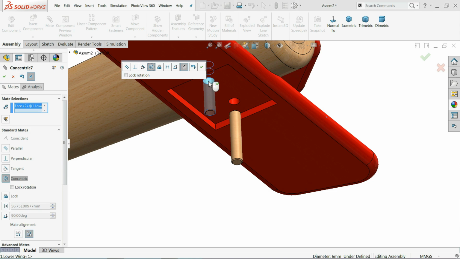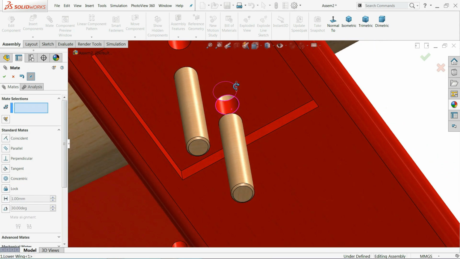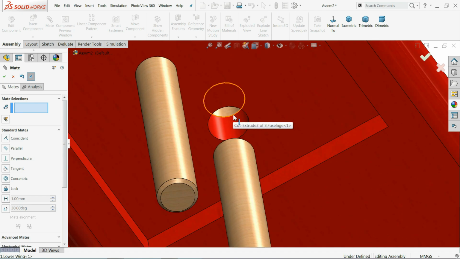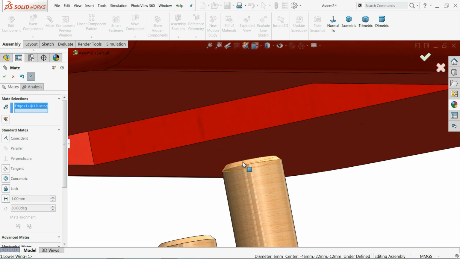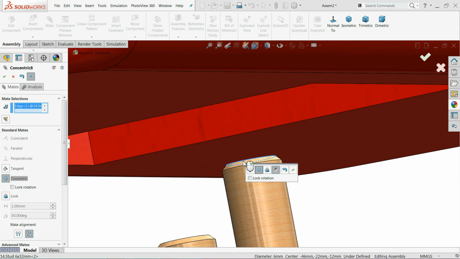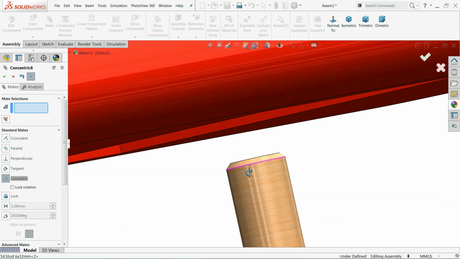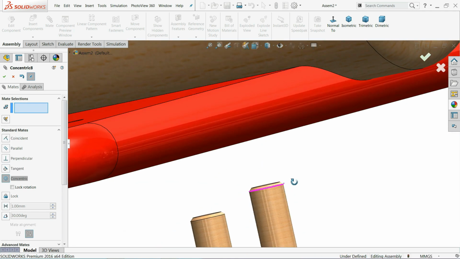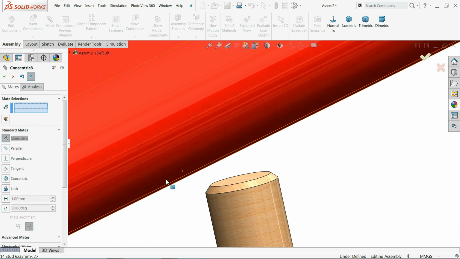Mate this hole. Now let me choose this inside edge and this edge. Clear. Choose coincident.